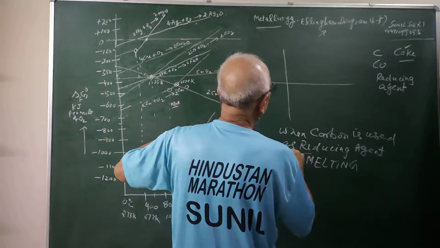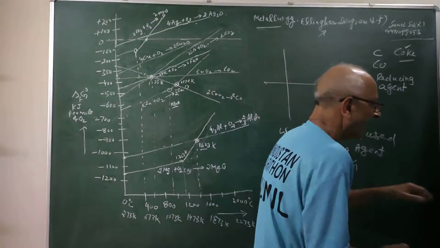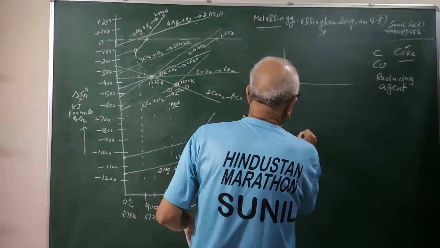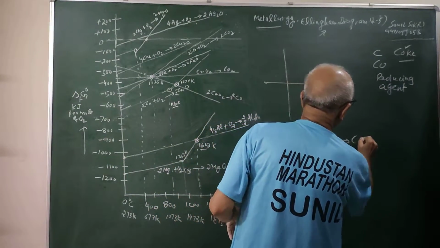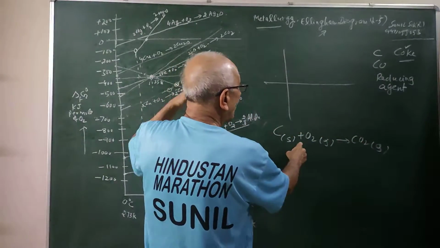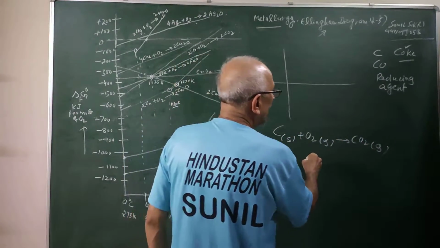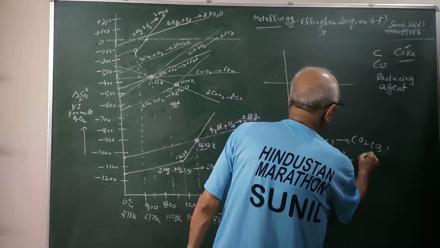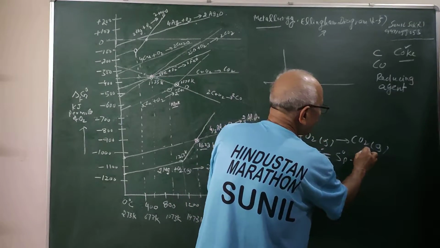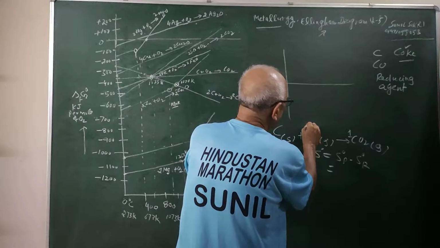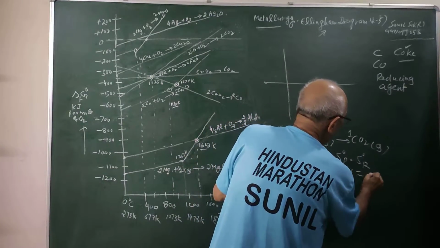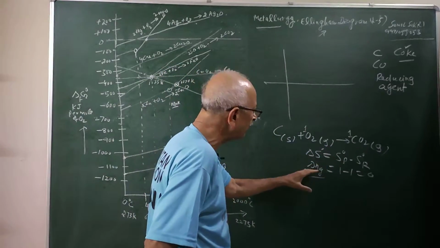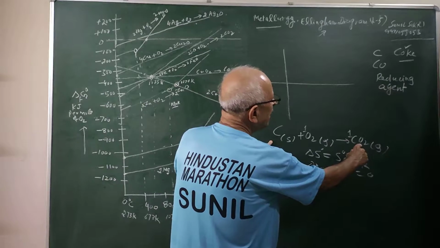Now here you see that there are three interesting things. There are three possibilities. Carbon solid plus oxygen gas gives CO2. Now if I have to make a graph of this, you will see that delta S, the entropy of products minus entropy of reactants. How many moles of gaseous products? 1 mole of gas is produced, 1 mole of gas is here. So 1 minus 1 is 0. So delta n g, the change in gaseous moles, is 0. So there is no change in entropy.